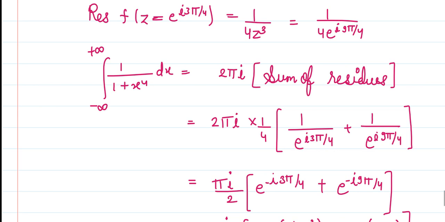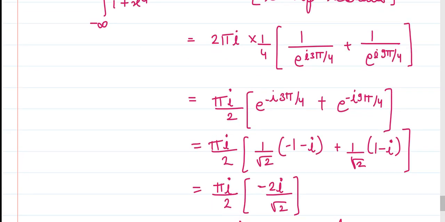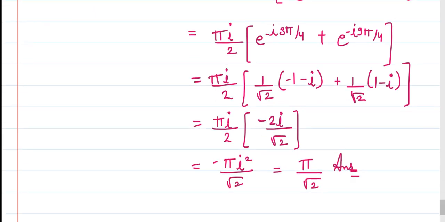Okay, so we have found only two poles, we have found their residues, and we are just going to put those values here. After putting these values, the 2 will get cancelled out, and e to the power iota 3 pi by 4 can be written with a negative sign, so you can write the negative sign here. After putting these values, this is going to have both negative values. So 1 by root 2 into (1 minus iota) plus 1 by root 2 into (1 minus iota). Pi by 4 has 1 by root 2, and you are just going to find these values.